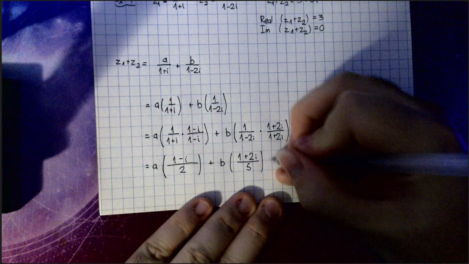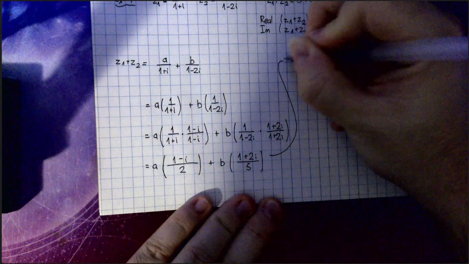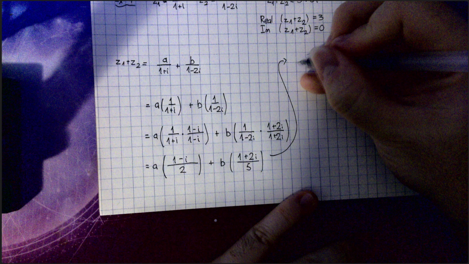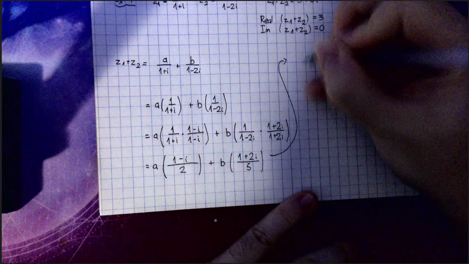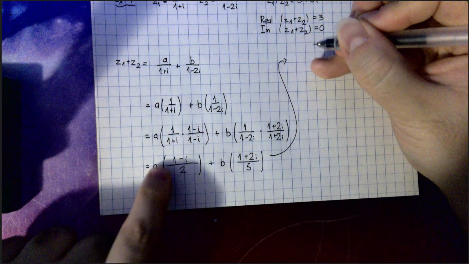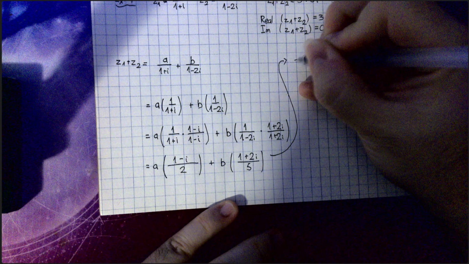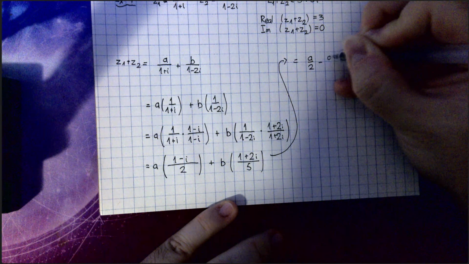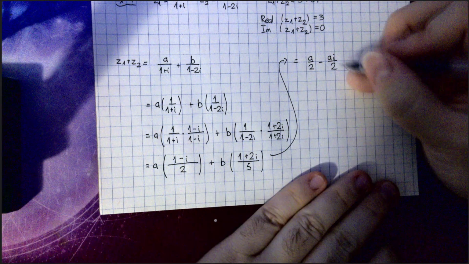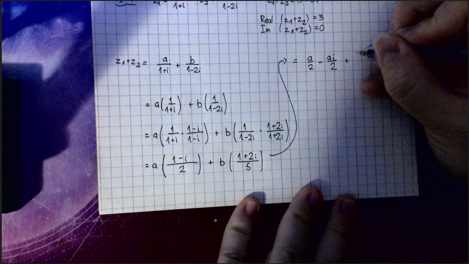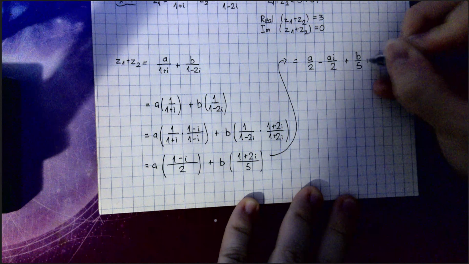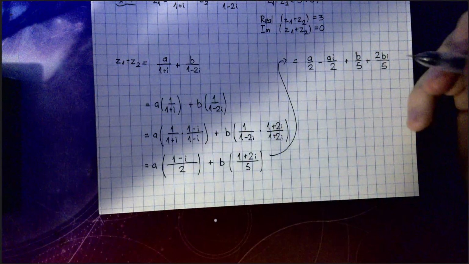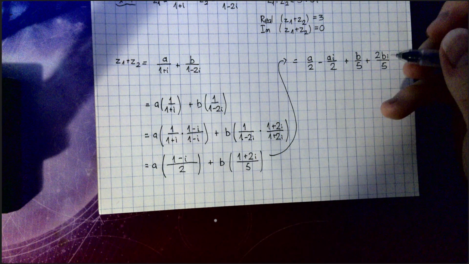And now that I have this, I'm going to try and make this as neat as I can because I'm running out of room, but I'm going to separate each number into its real and its imaginary components. So my first term is going to just be, and I'm going to bring the a back into the bracket. So it would just be 1 over 2, but I'm just going to write it as a over 2 minus ai over 2 plus b over 5 plus 2bi over 5. Now this might look more complicated than it needs to, but it actually really helps me out